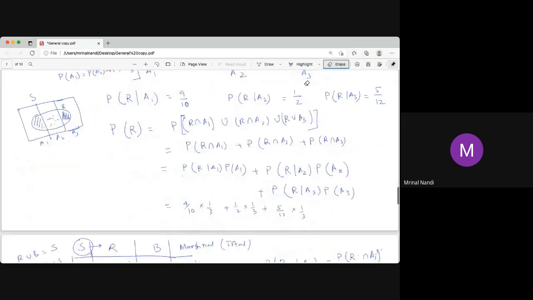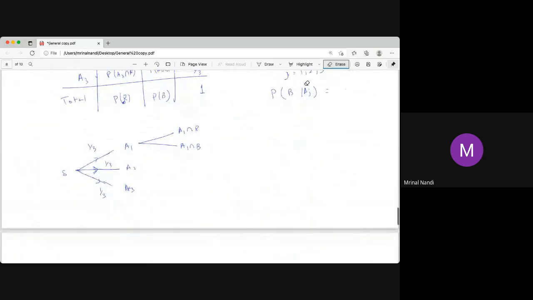4 by 10, and 6 by 10. So this probability is not actually 4 by 10. It is 4 by 10 into 1/3. This probability here is 4 by 10 into 1/3, so it is 4 by 30. So this is a 4:6 ratio. Similarly for the other thing,